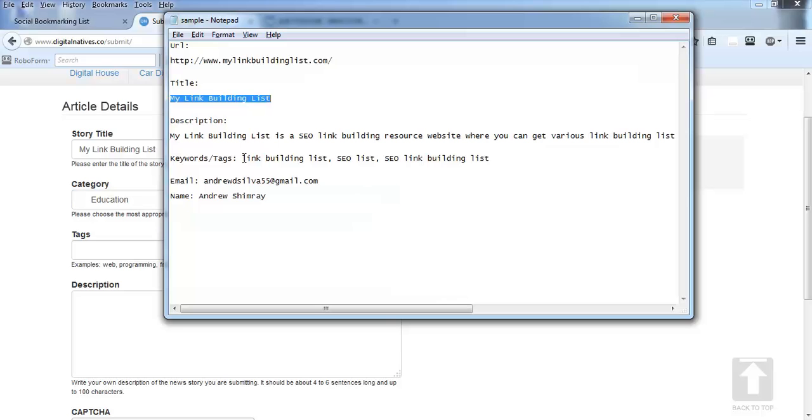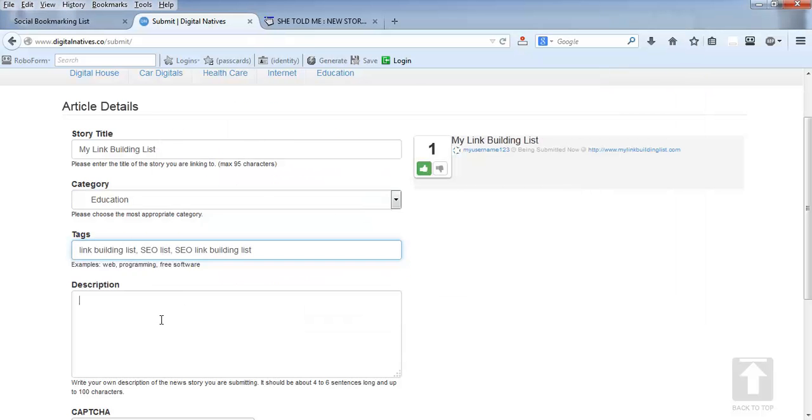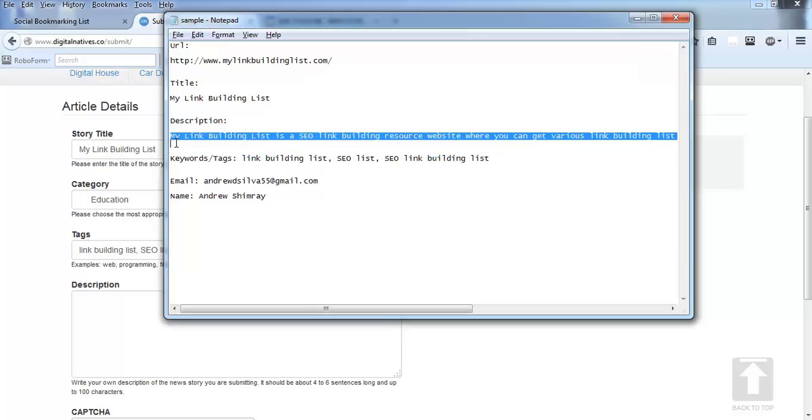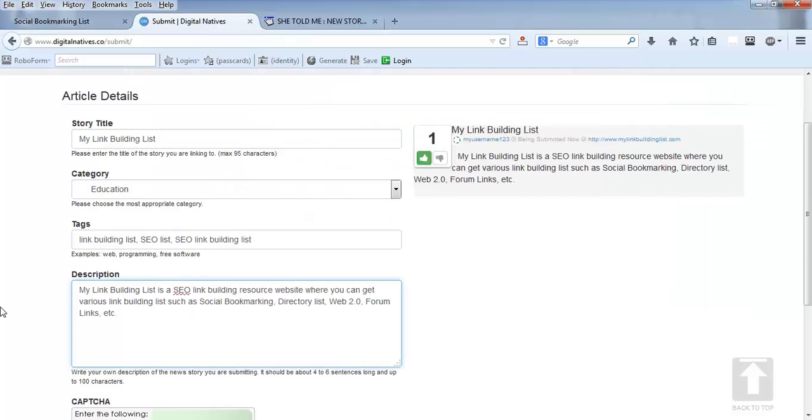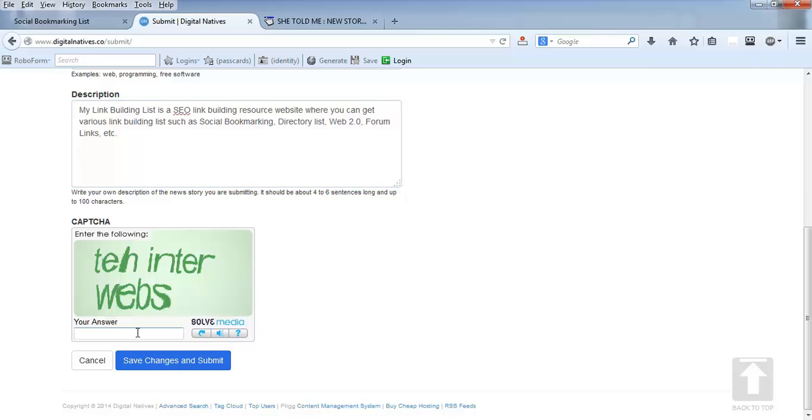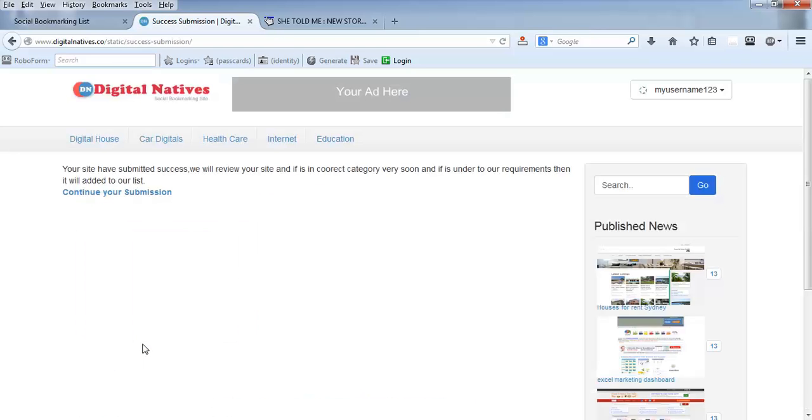Now in the field of tags, I'm going to put my secondary keywords, then my description. That's all, and I just need to fill in this captcha and submit. Now once it is submitted,